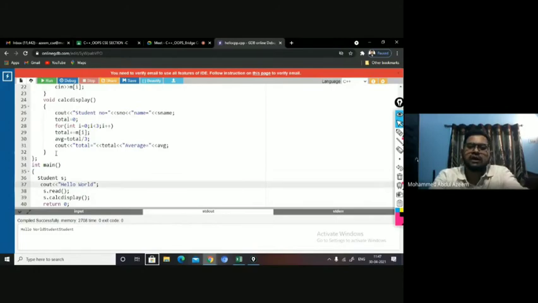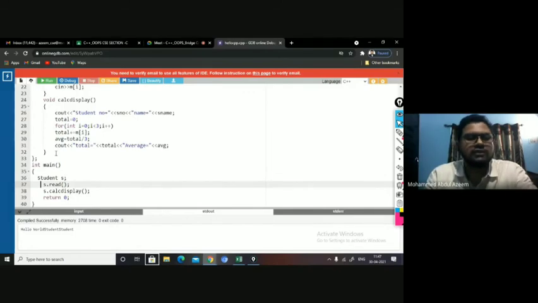To remove this, I have a single line comment with the help of double slash. So this will be commented, or else if you want to delete, you can delete it also. No issue, right? If you want to keep it as a comment, you can do it by using a single line comment.